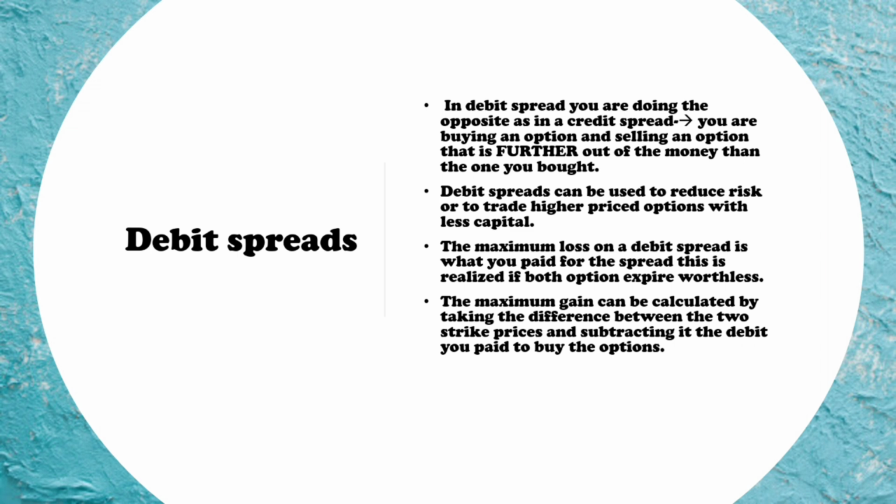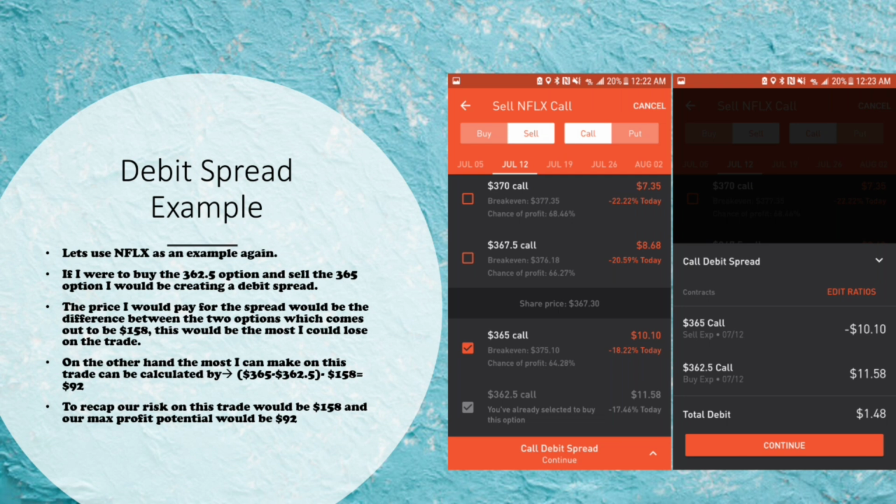And the maximum gain can be calculated by taking the difference between the two strike prices and subtracting from it the debit that you paid to buy the options. So now I'm going to go ahead and explain another debit spread example. We're going to be using NFLX again to keep things simple. If I were to buy the 362.5 option and sell the 367.5 option, I would be creating a debit spread. And the price I would pay for the spread would be the difference between the two options, which comes out to be